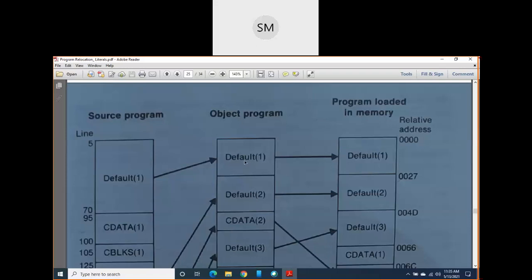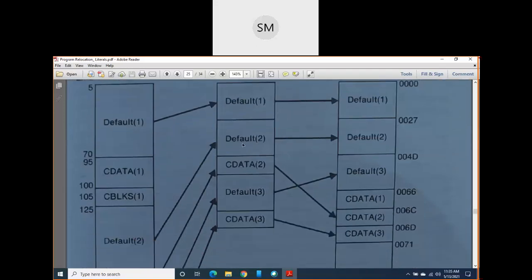In line number 92, you will start the C data block, but that C data block does not have any object codes. Now at line number 123, again you will resume the default block. Okay, and again you will continue the list of object codes up to line number 183. So because of that, the default block appears for the second time here.